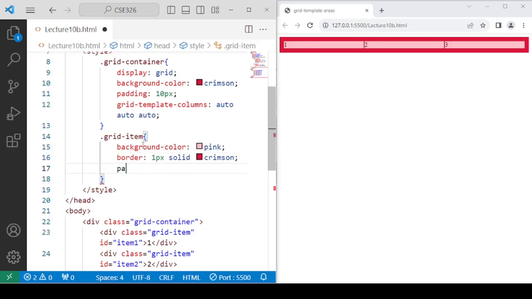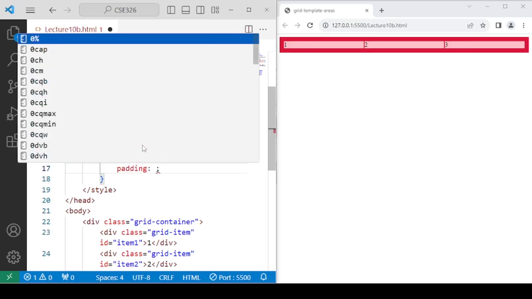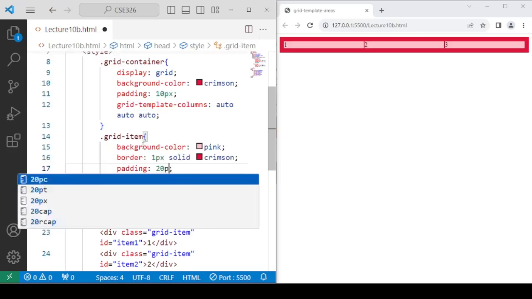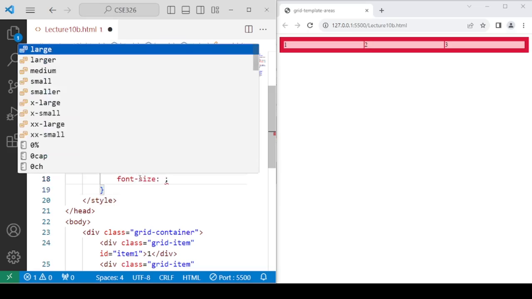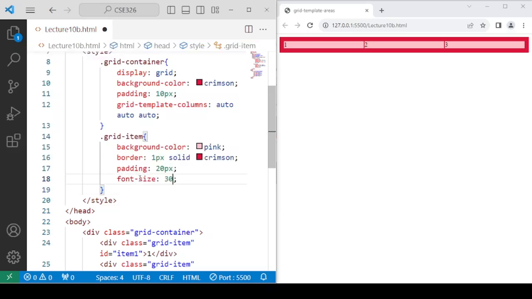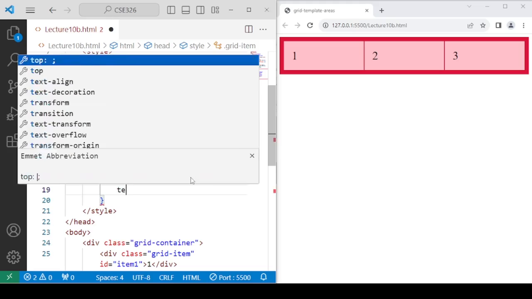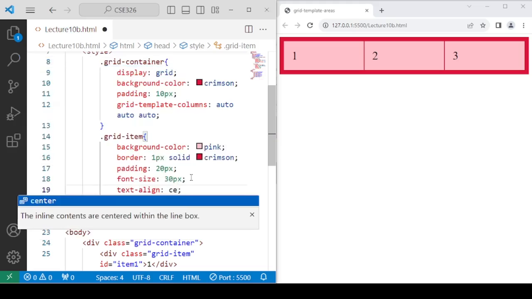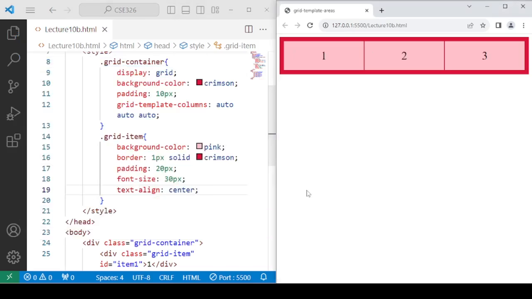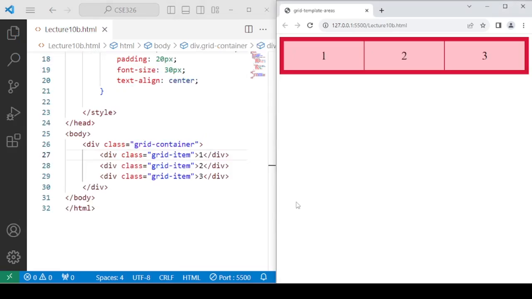Then some padding is required. Padding I'll consider 20 px. And font size I'll take as same, that is 30 px. And text align center. Text align as center. We are now ready with the grid, which is consisting of just one row and 3